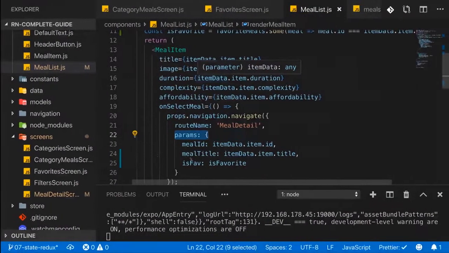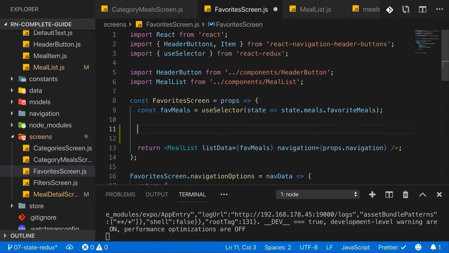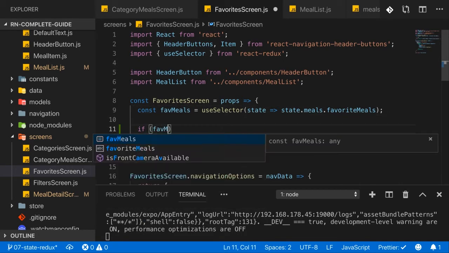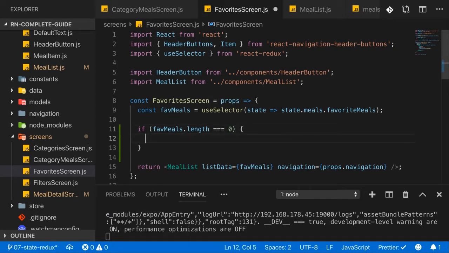Now for the fallback here on the favorites screen, it of course matters to us whether we have favorites or not. So we can render a fallback here in a very simple way by not rendering the meal list if favmeals, this array, is empty. So all we need to do here in the favorite screen component is check if favmeals length is equal to 0, let's say, which means we have no favorite meals,